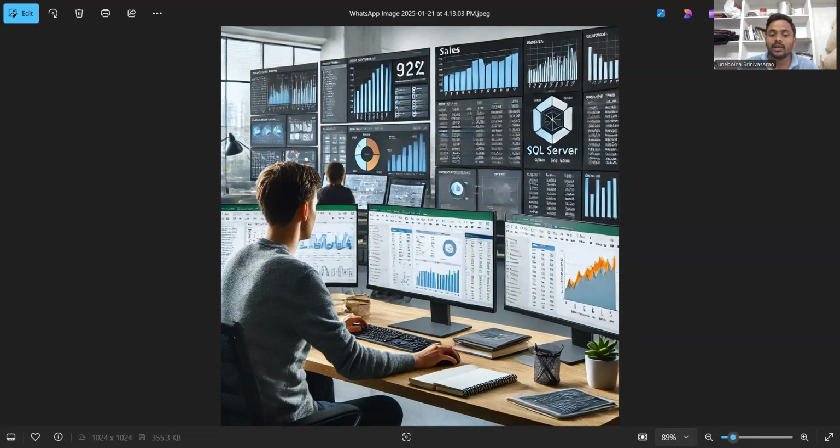Coming to myself, I have used different data sources in my project. They are SQL Server database, Excel files, CSV files, Power BI service datasets, web data, APIs, SharePoint, Azure SQL database, flat files, and other data sources. These are all the data sources we mostly used in our projects to connect with Power BI for importing